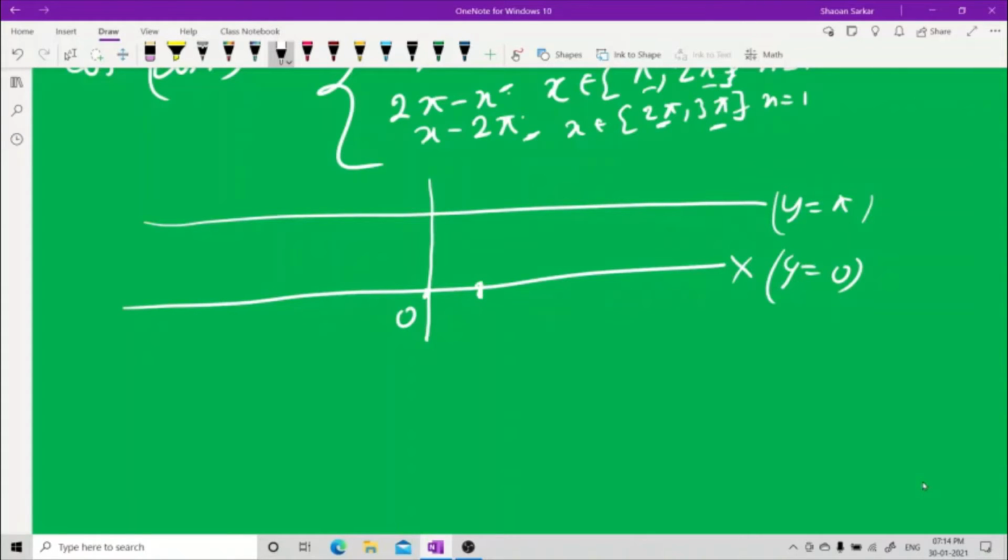This is pi by 2. Because it is 0 to pi, we do not draw pi by 2, because our intervals are from 0 to pi. Leave the pi by 2 thing. Come to this: 0 to pi, 2 pi, 3 pi, and so on. Minus pi, minus 2 pi, and minus 3 pi. Now see,